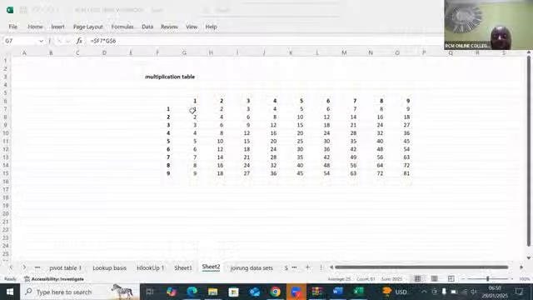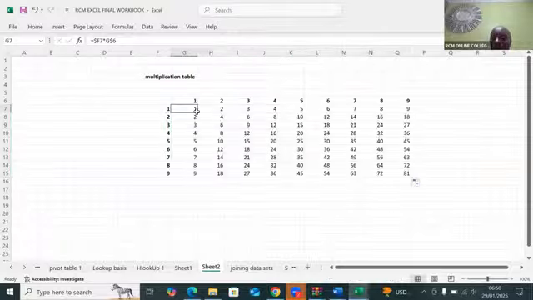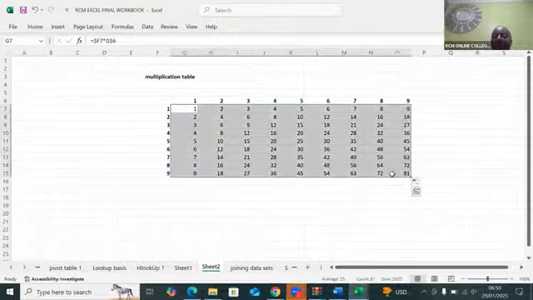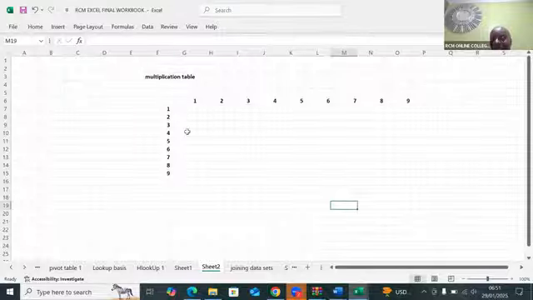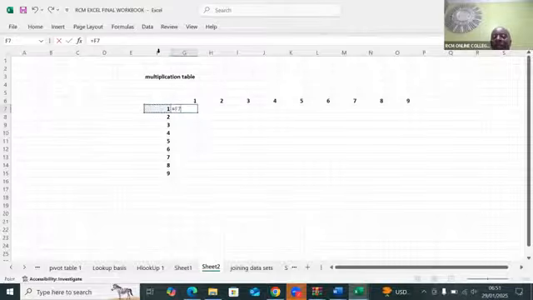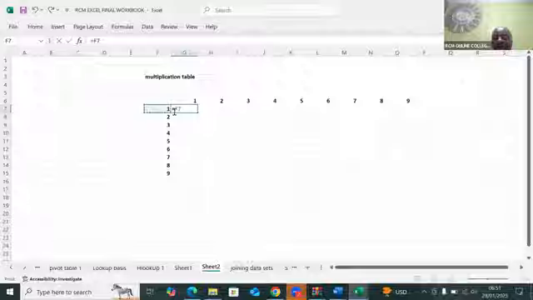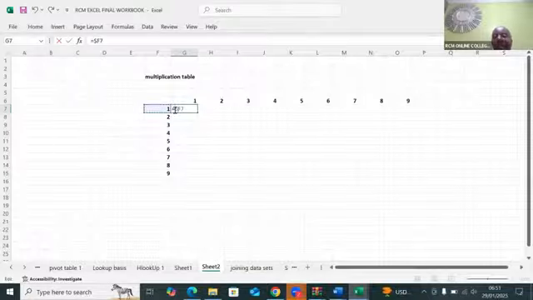All right. So remember, the thing that you need to know is to come and appreciate, like in my case, what are the anchors? The anchors are my titles. So in my titles here, I have these 1 to 9, this one here. This row number 6 is an anchor. And for the columns, I have column F as an anchor. So when I multiply, when I come and say equals, I pick this one. You see, I've said F is an anchor. So I'll come before F here and say shift 4. I must dollarize it. Then I continue with my journey.